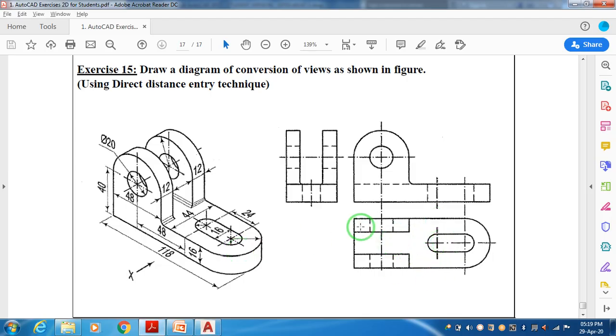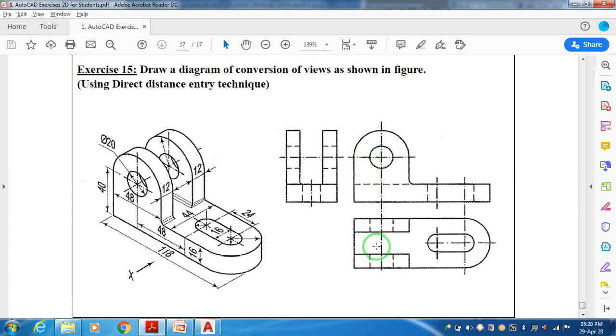Next, top view. This is the top view. Now here, total width is 44, length 118, but here we are supposed to draw this semicircle aligning with this axis. Here again, when you are observing from the top, this is the circle. When you are observing, these two webs are like through holes. So the same axis to be continued, and we are supposed to draw two lines which are hidden.